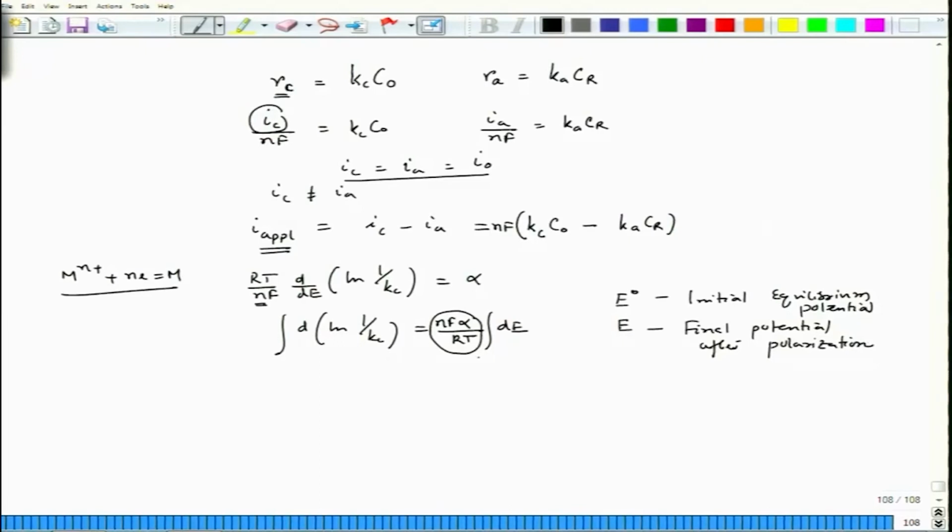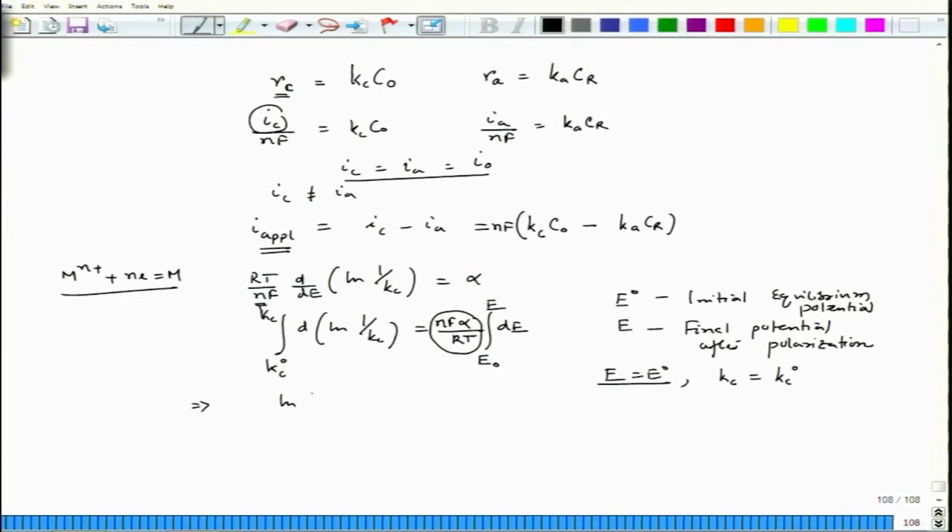So, then the limits should be E0 to E, and when E equals E0, my Kc should be equal to Kc0, and similarly this is Kc0 and this is Kc. So, these are two limits,